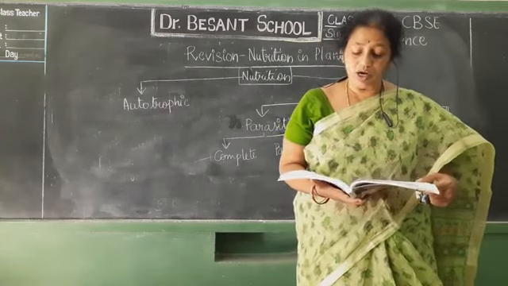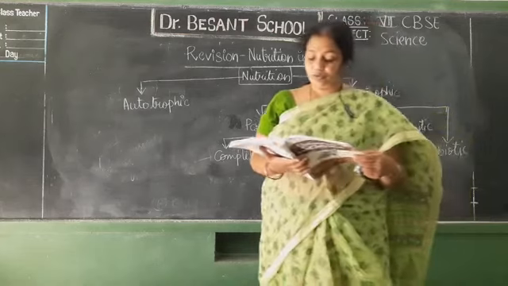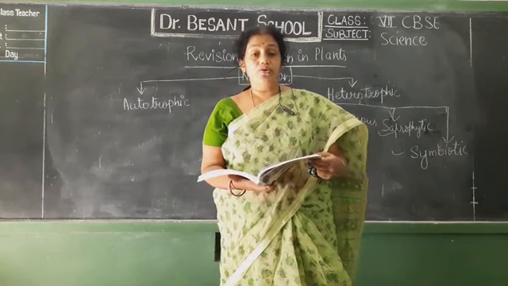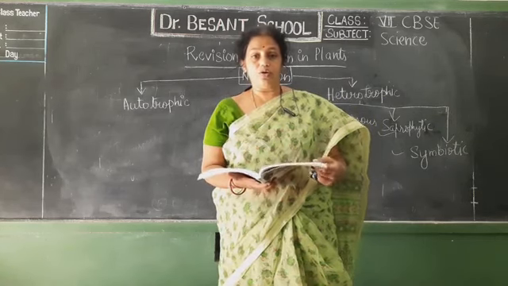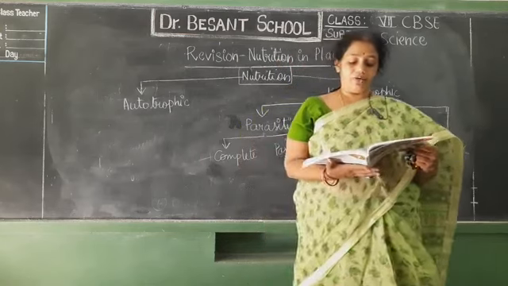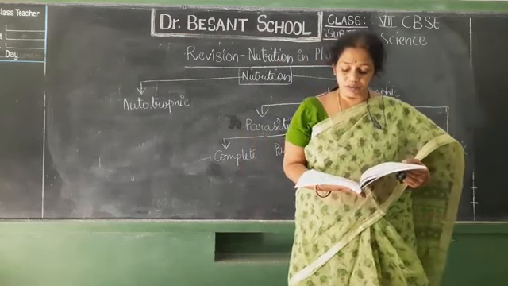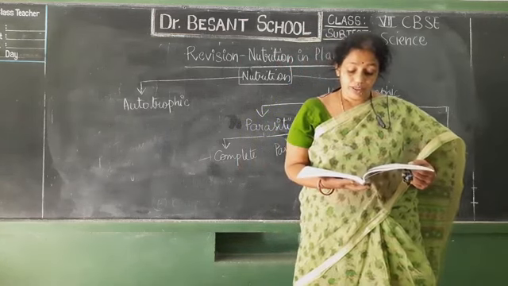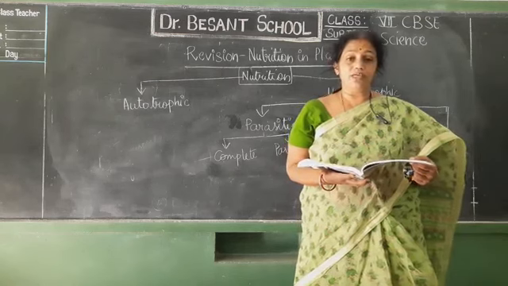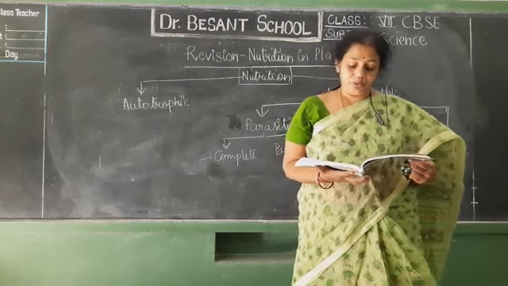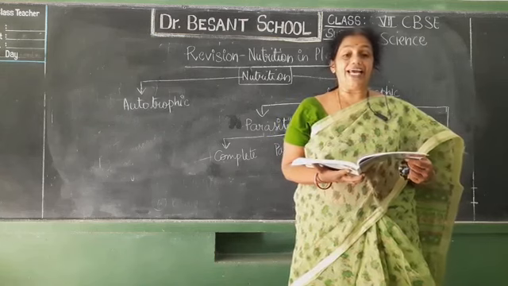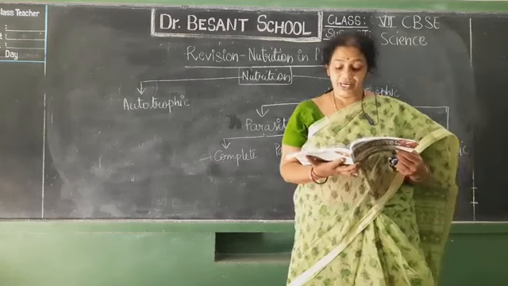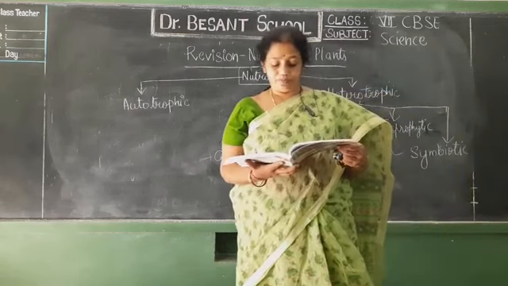Autotrophic plants are also called producers. True or false? True. Parasitic plant eats dead and decaying matter. True or false? False. They grow on other plants and eat them. Directly from there they take the nutrients. Xylem is a tissue which transports water and minerals from the roots in the plants. True or false? True. Rhizobium is associated with the roots of leguminous plants. Yes, true. Lichen is a relationship between algae and bacteria. Wrong. Just now I told what it is. Algae and fungi.